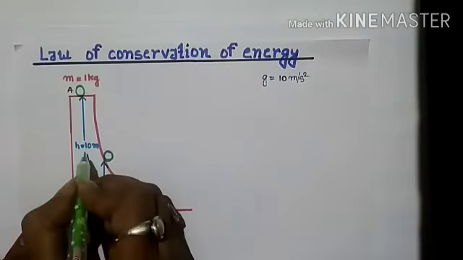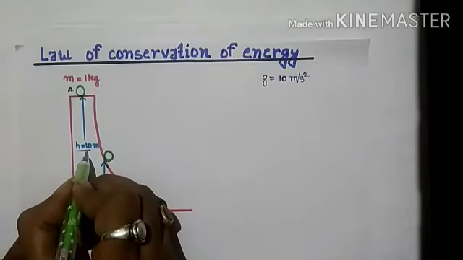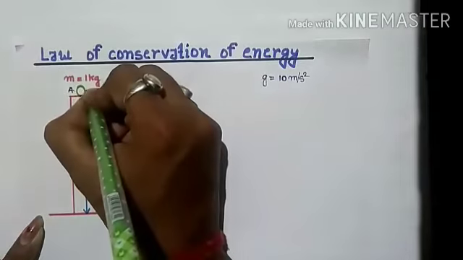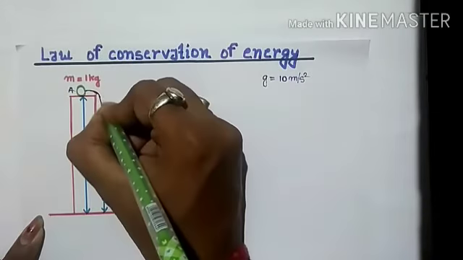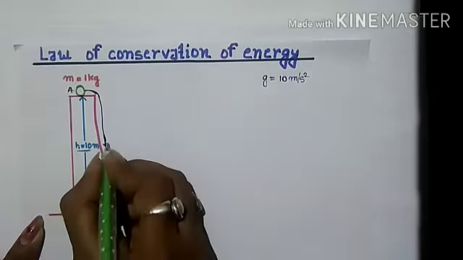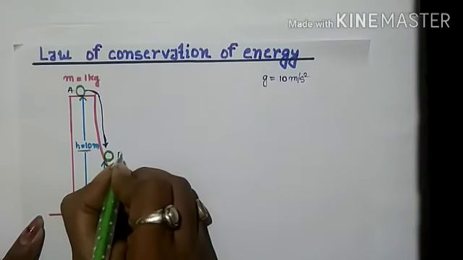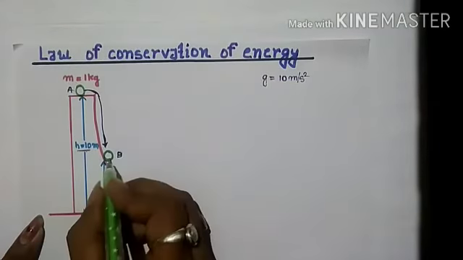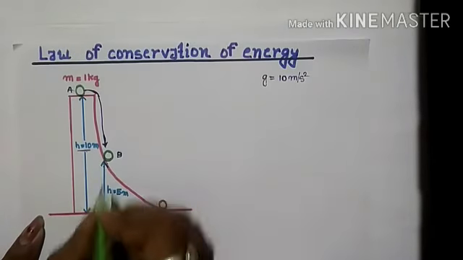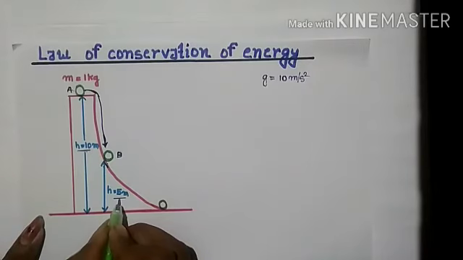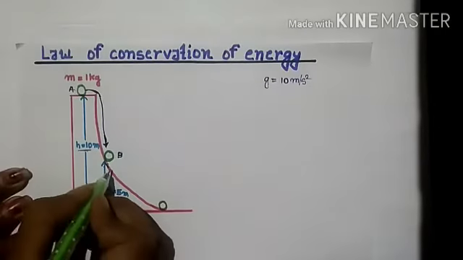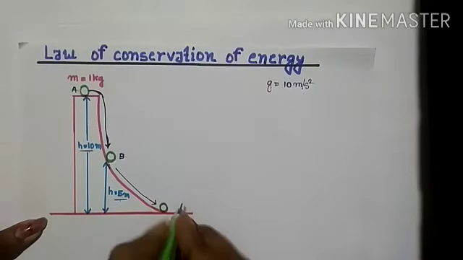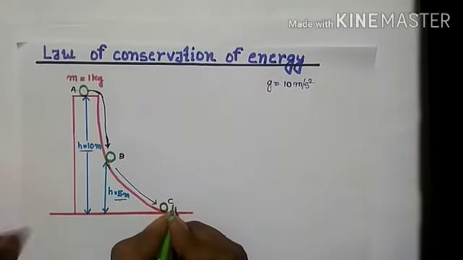After applying a small force on this ball, the ball is going to roll down this inclined plane and finally it comes to the ground. After applying force, the ball reaches point B, where the height of the ball from the ground is 5 meter. Now again after applying some force, the ball reaches point C, where the height will be 0.